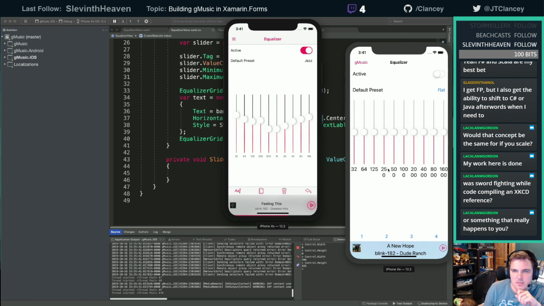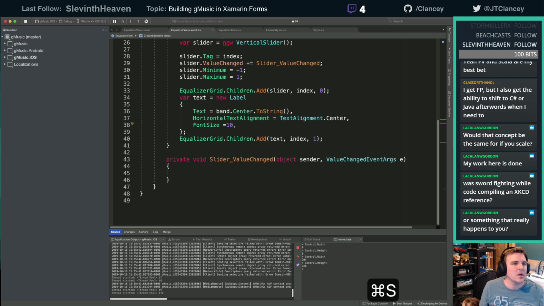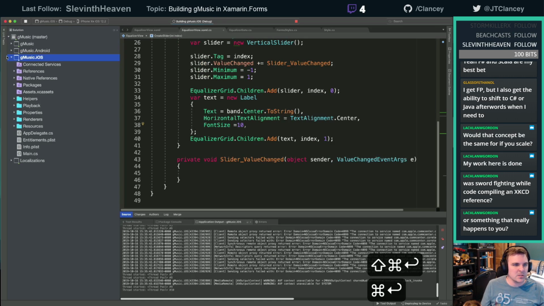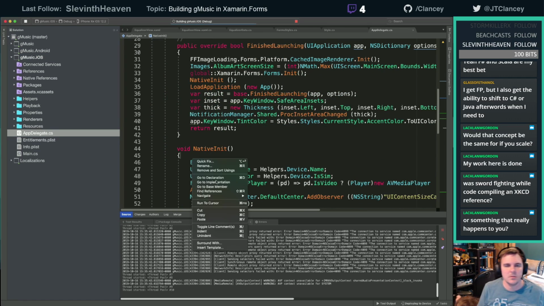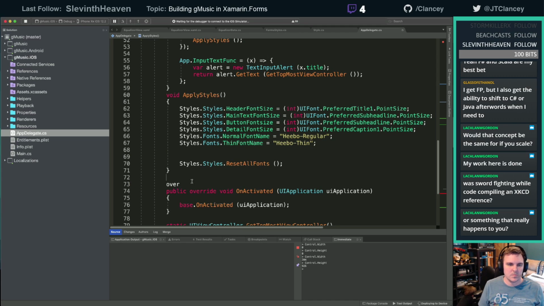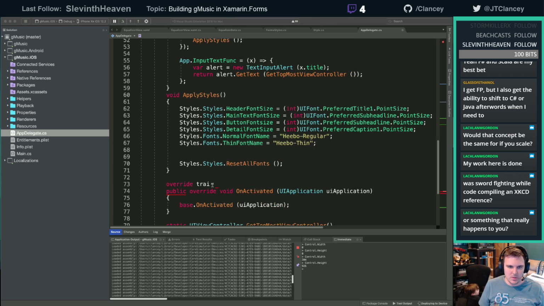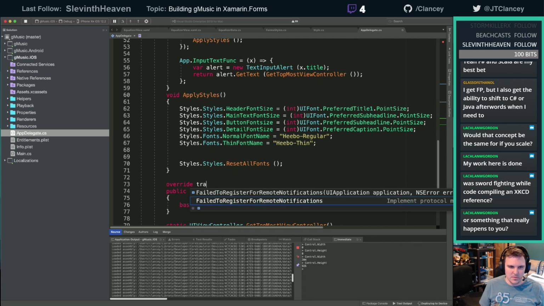I just want to make sure that's still too big. Let me jump into iOS while that runs. Hey, put that down. It's not for you. Whoa, hey. Is that at the view level?